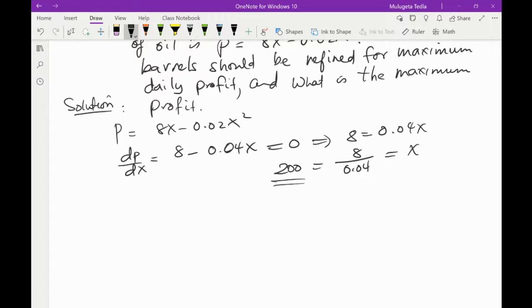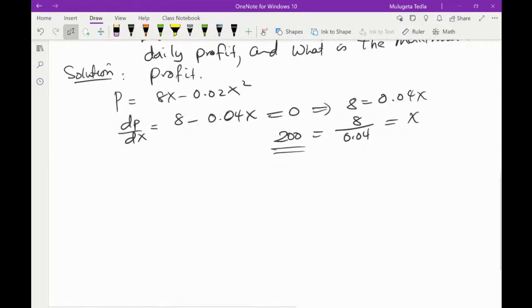That's 200 barrels for x, right? So therefore, we can test even that, because they say that's a maximum. There is no guarantee if it's a maximum. We have to test it. I think the second derivative test is better. Use it to test